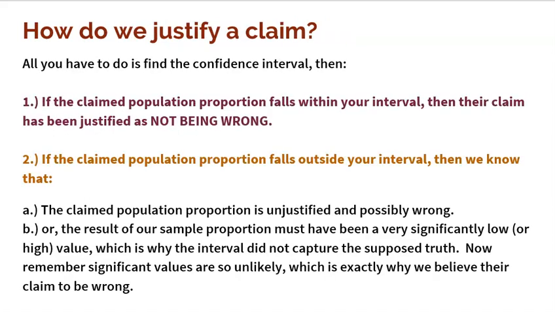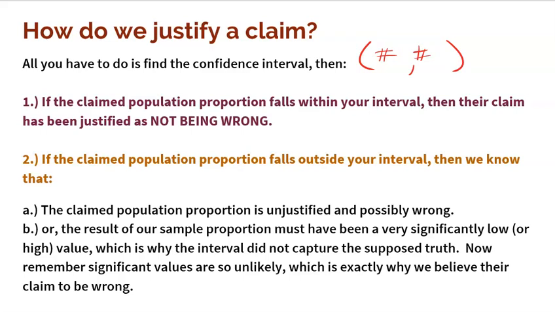So think about it. All you have to do is find a confidence interval. So once you find a confidence interval, by following the procedure that we already learned, you're going to get a low number and a high number. Okay. So now, two things are going to happen once you have your interval. First, if the claimed population proportion falls within your interval, then that claim